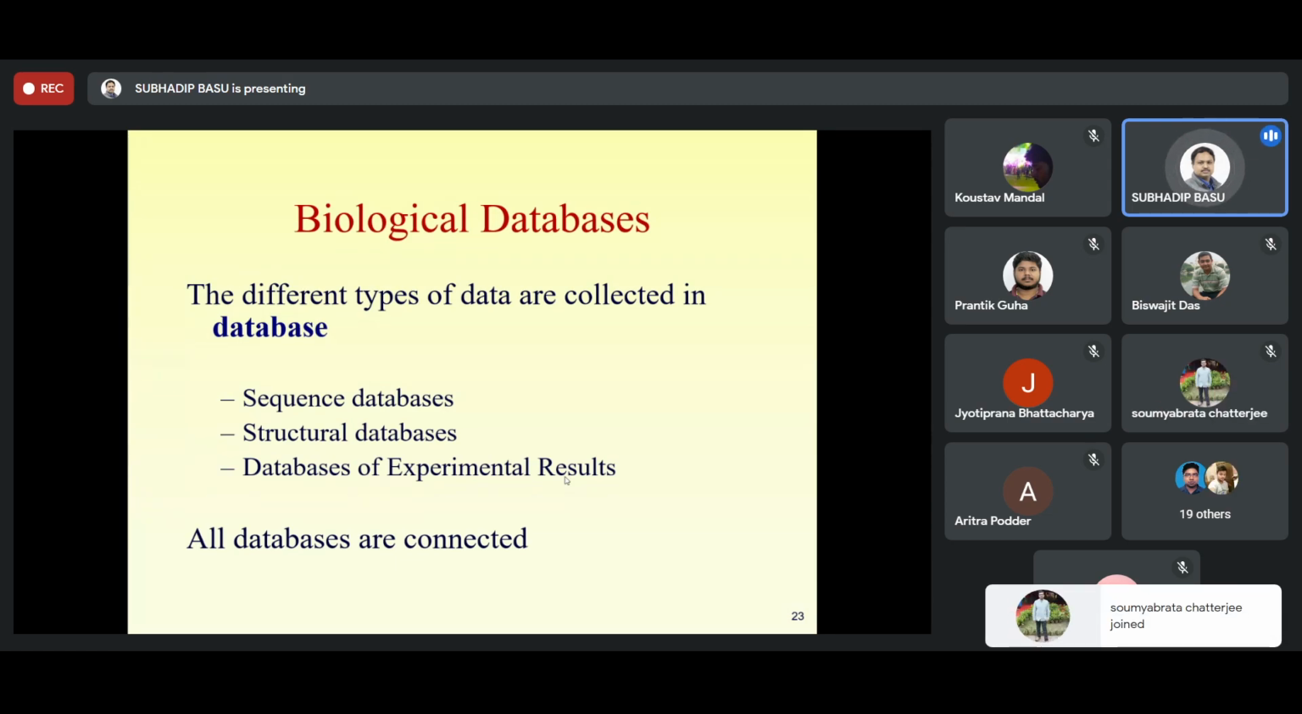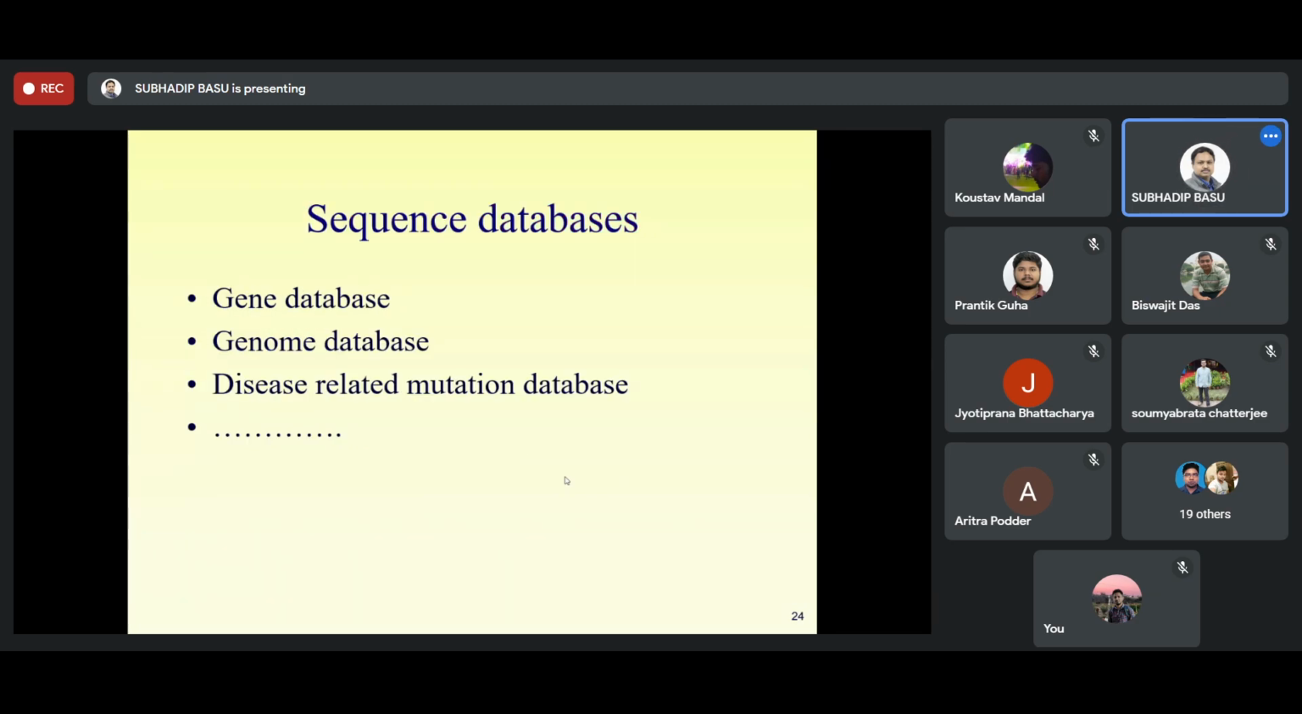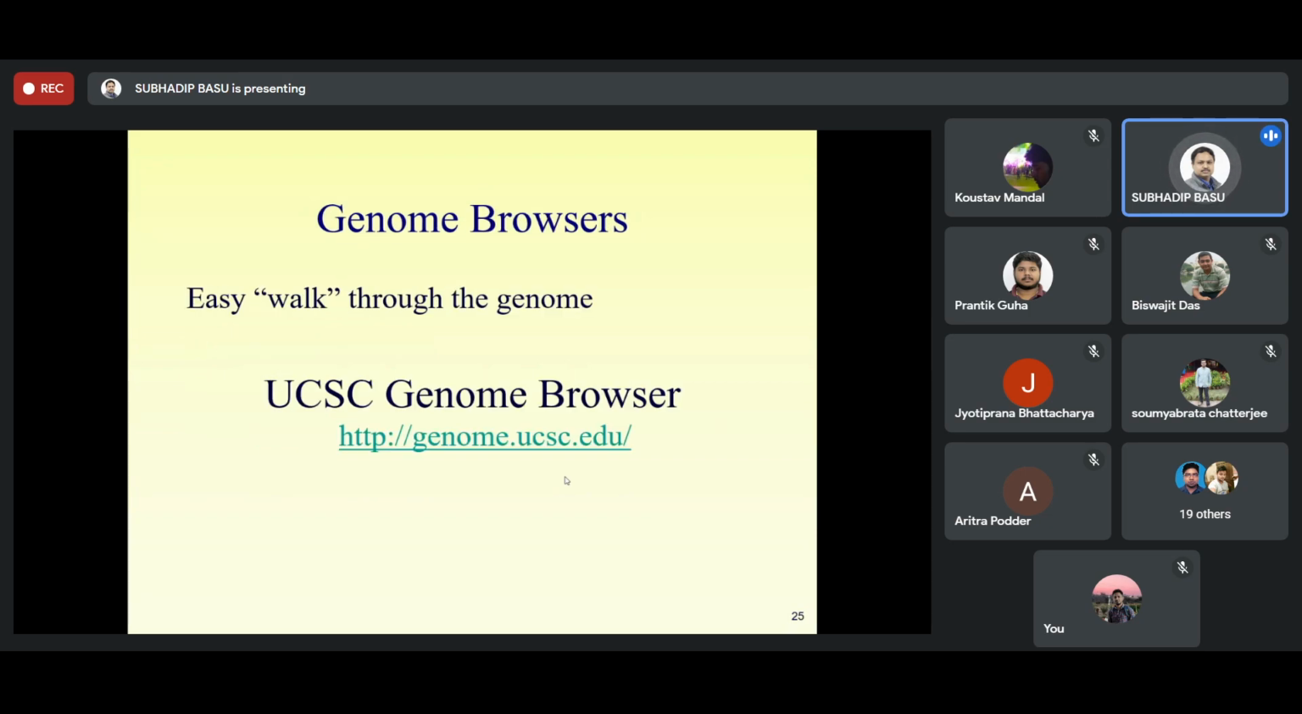Okay, so all these databases are logically connected to each other, and you can see how you can extract some information, how a protein is connected to a gene, and the gene is connected to the organism. So all these things are interconnected. I'll show you some examples. So sequence databases like gene databases, genome databases, disease-related mutation databases, all these things are available. As I said, there is a genome browser, you can try this UCSC genome browser where you can find